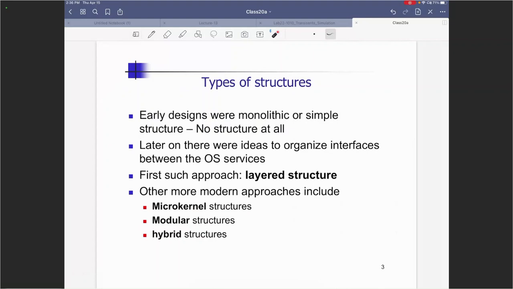And it was a big problem. Just think about it. If there is an error, or if a certain service provided by the operating system is not working and it needs a fix, where are you going to look, right? You're not going to know which particular module you need to look into, because there's no modular approach there. There's no structure there. So we need a way to